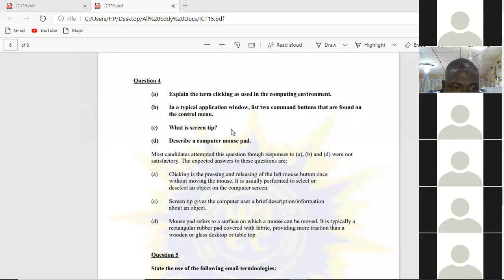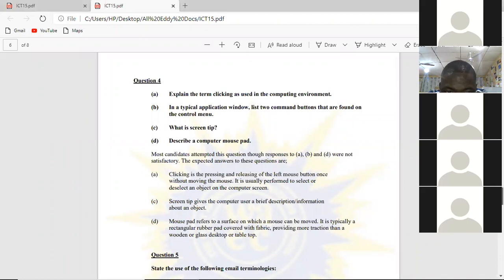Explain the term clicking as used in the computer environment. Okay. So continue. In a typical application window, list two command buttons that are found on the control menu. What is screen tip? Describe a computer mousepad. Okay. Most candidates attempted this question, though answers